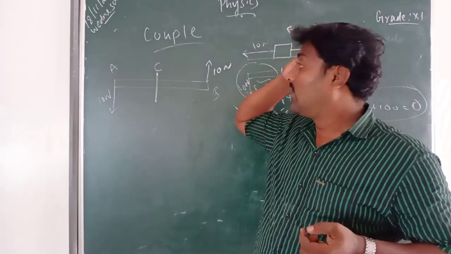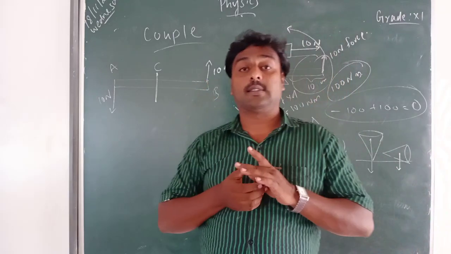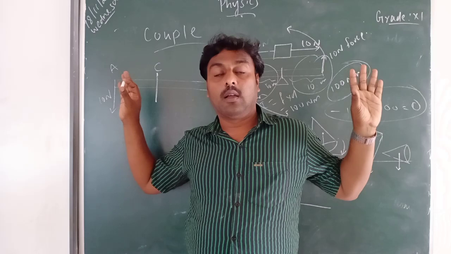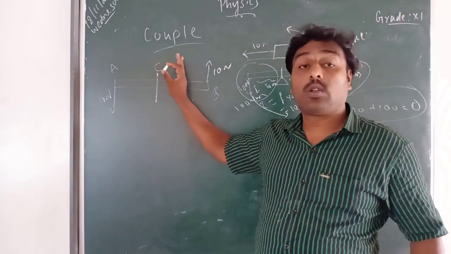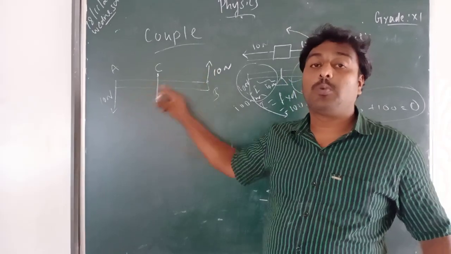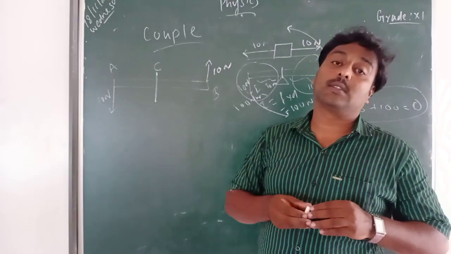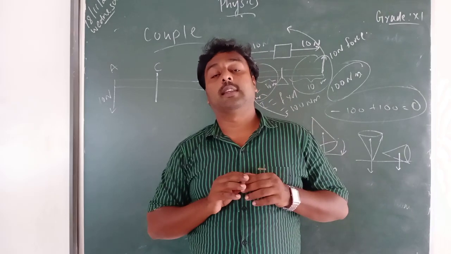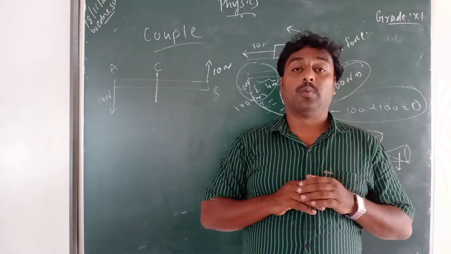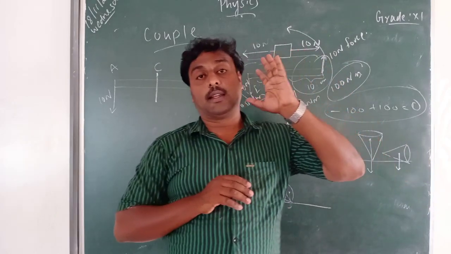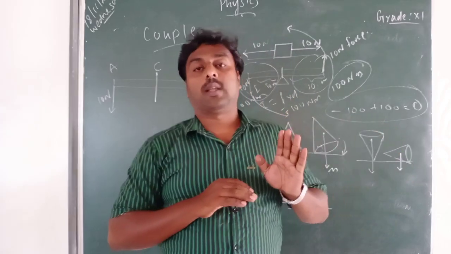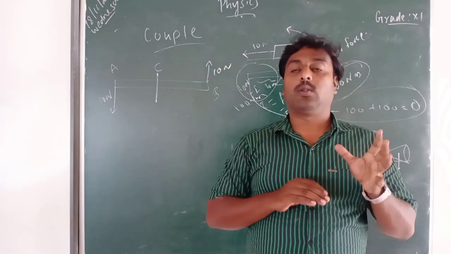So listen: on the uniform rod which is pivoted, two forces act at both ends and the center of mass is at the midpoint. These forces act in opposite directions, so the net force cancels out, and it is in translational equilibrium. Let us see whether it is in rotational equilibrium. Why is it not in translational equilibrium but rotational?